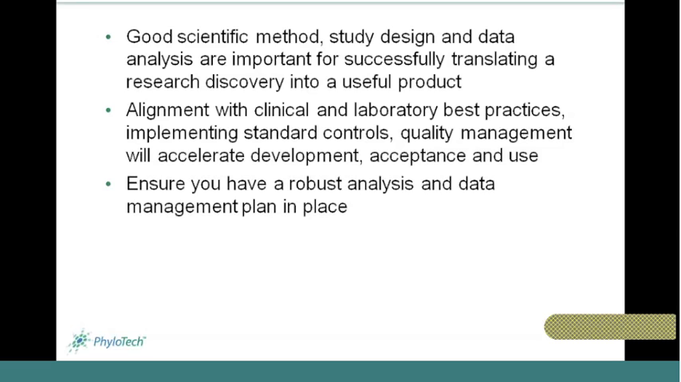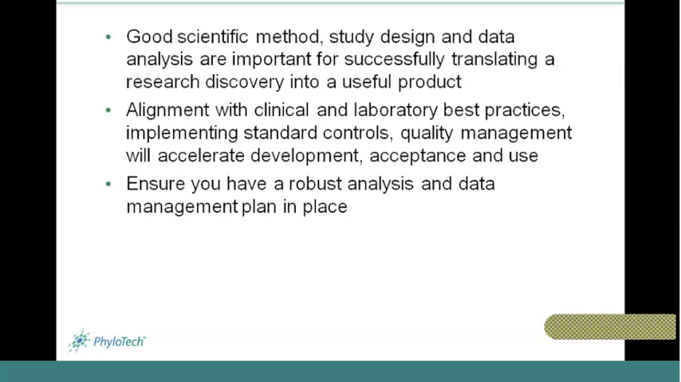But practice good scientific methods. We're happy to talk to you about study design and data analysis. They're very important to think about early and set up your plan so that you will be successful in identifying a robust signature. It's important to do this in alignment with clinical and laboratory best practices. You want to start thinking about what the expectations are in the clinical laboratory for the performance of the assay. You'll get to establishing analytical performance. But if you align early, you'll accelerate your path. You'll shorten the distance between discovery and introduction of the assay into a clinical,